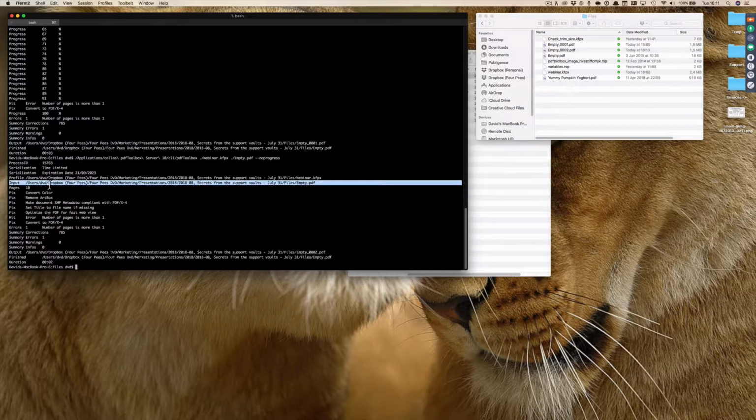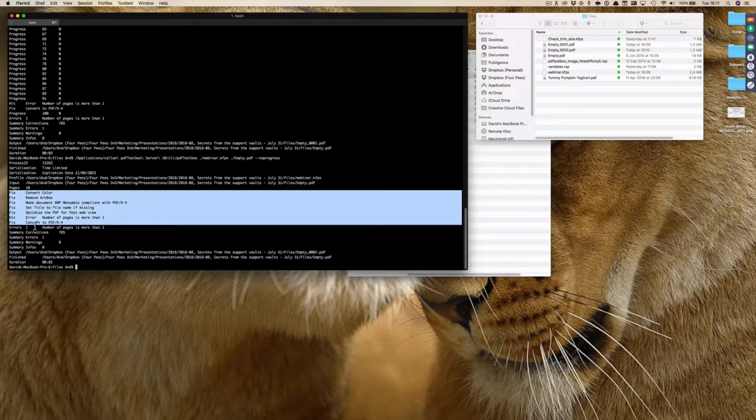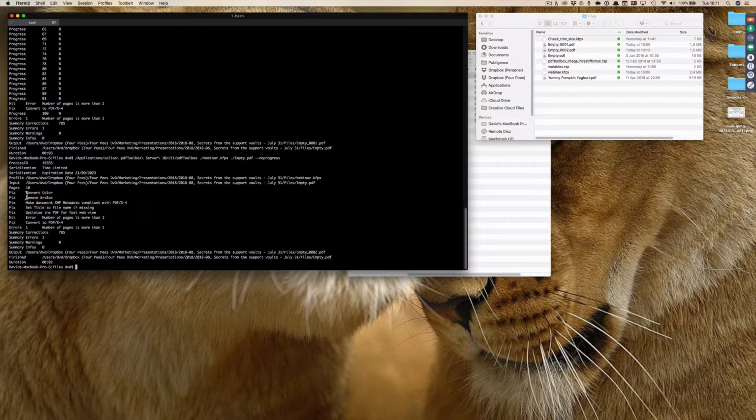It is going to run that on an input file called empty.pdf, and then it tells me what it is doing to that document. And in this case, you see a number of lines starting with fix. That means that a fix-up has been executed on the document, and each time it will tell you what that particular fix-up is. So here it converts a color, it removes RBox from the document, it is optimizing the document,